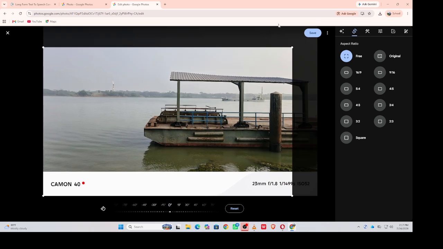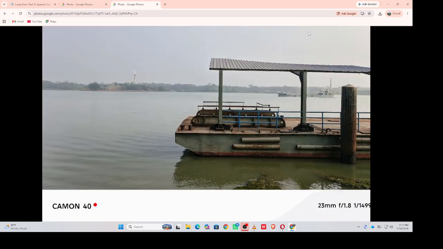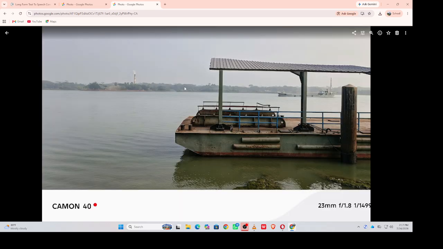You can also open the Adjust section to manually change settings like brightness, contrast, highlights, shadows, or warmth to get the look you want. If you'd like a different style, you can also apply one of the available filters with